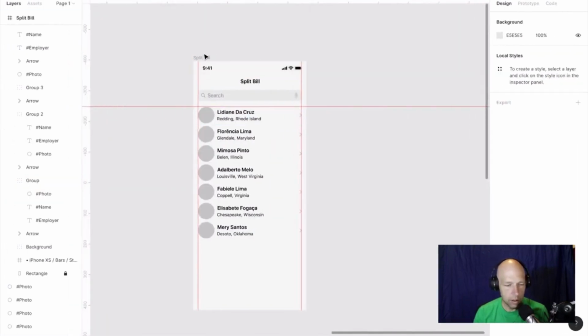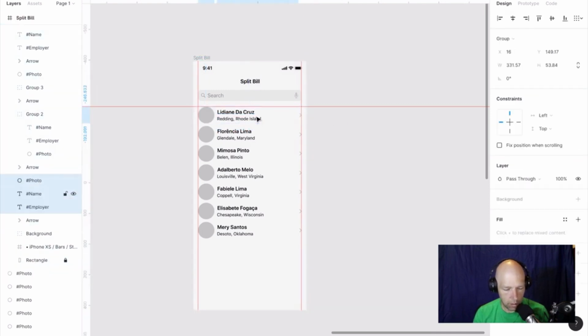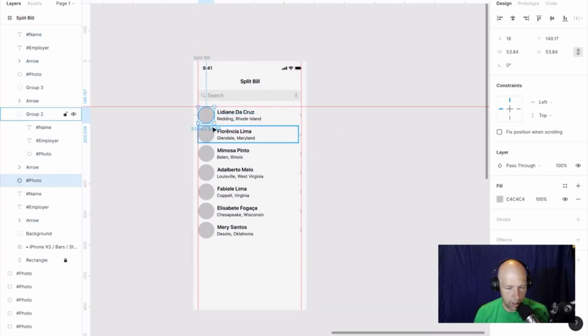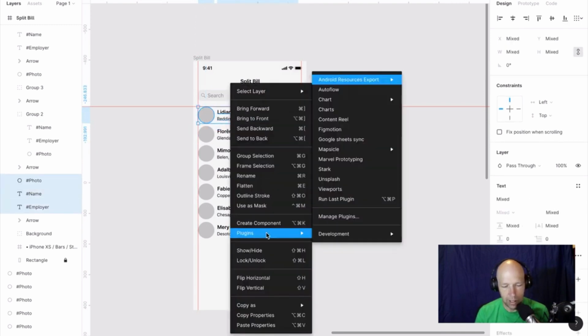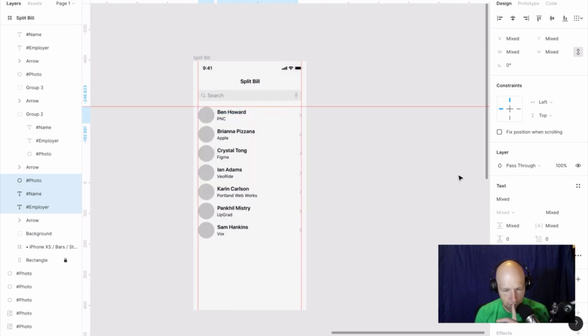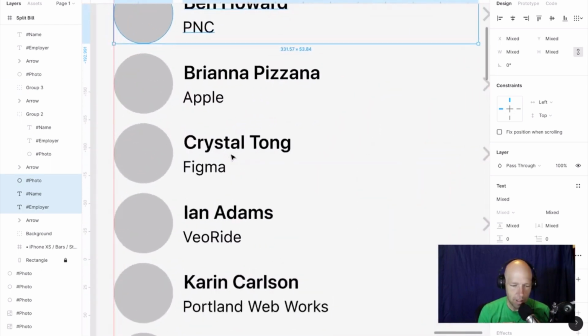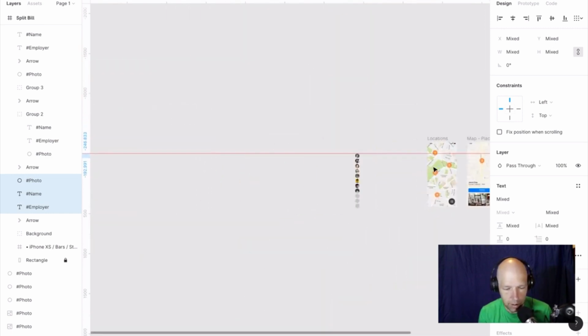All right, so we've got that. Seems logical. I'm just going to ungroup that just because I want to make sure. It's just odd that we would get images before and we don't get images now. Google Sheets sync it up. It's not taking it. So something's up with Google Sheets. I wish I could tell you that I knew exactly why it was doing that. I do know that yesterday,